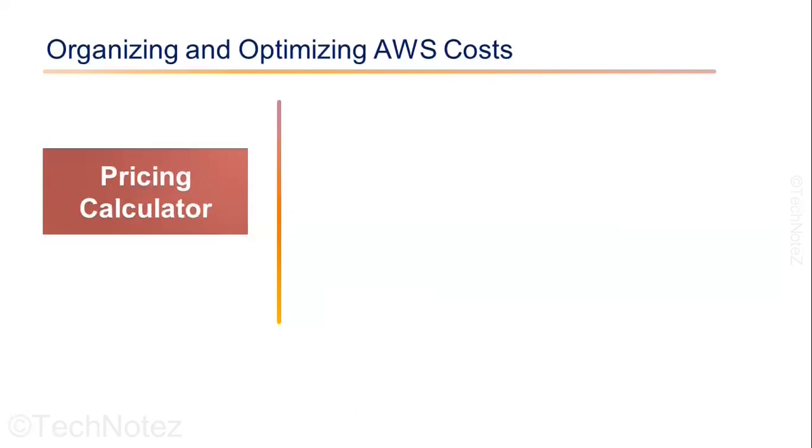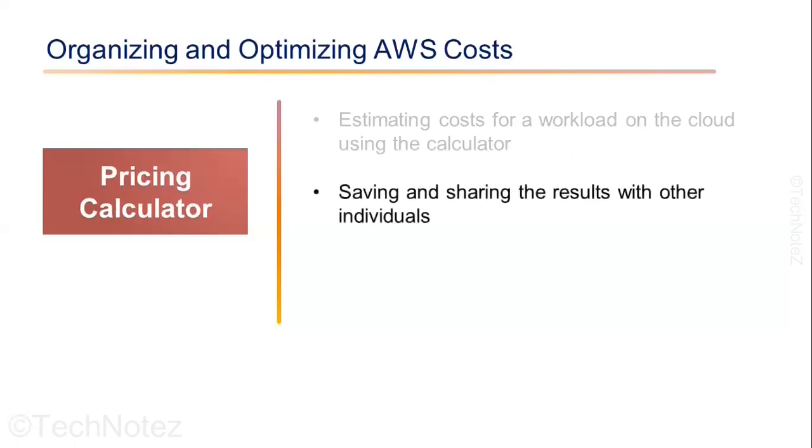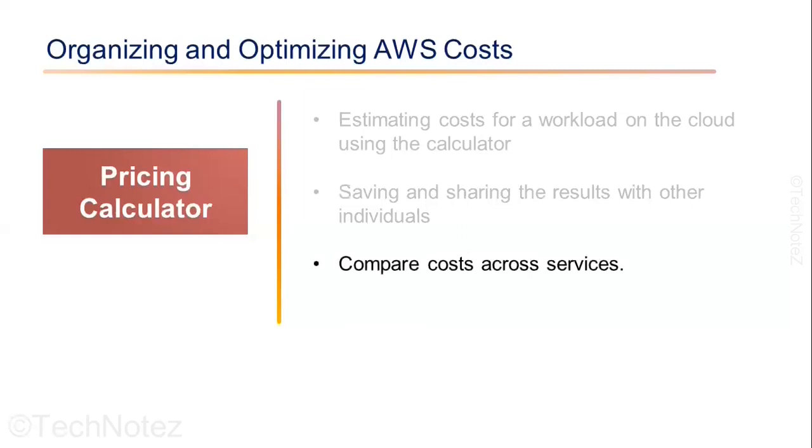The AWS Pricing Calculator is a web-based tool provided by AWS that allows the customer to estimate the cost associated with various AWS services. This allows the customer to add their specific resource requirements and generate a detailed cost estimate for their desired configuration. You can estimate the cost for a workload on the cloud using the calculator. For example, if you are looking to launch a website for your company and you believe you are going to need 10 web servers and two different database servers, you can enter all of these factors into the pricing calculator, determine how much it would cost, and share the results with others. You can even look at different ways to build it and then compare the cost between the different approaches. Pricing Calculator is very useful for cost optimization and planning.